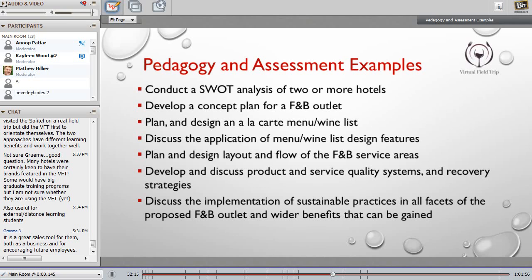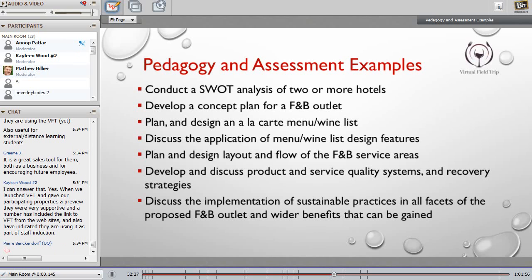If you look at the next slides, these are some of the assessment tasks conducted in the course. For example, conducting a SWOT analysis of 2 or more hotels, developing a concept plan for a food and beverage outlet, and students have done a presentation of those.